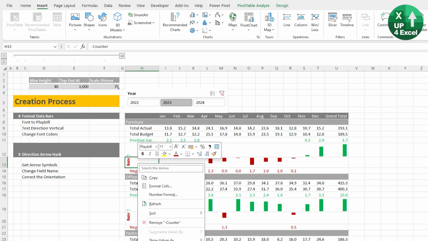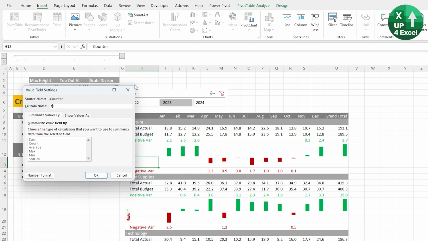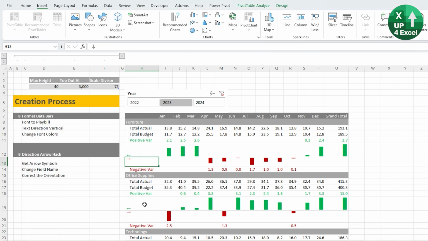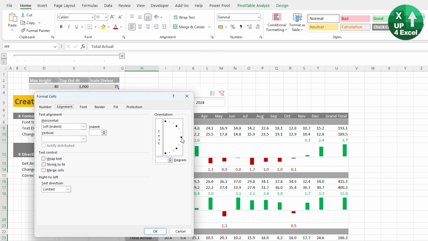Again here, value field settings. This time we'll make it the down arrow and we'll hit OK. Then if we hover over that so we get an arrow down across all those fields, we'll highlight all the field names there. And then what we can do is orientate them normally. And again, it's not on the menu, it's all grayed out, but if you just normalize the text like that,